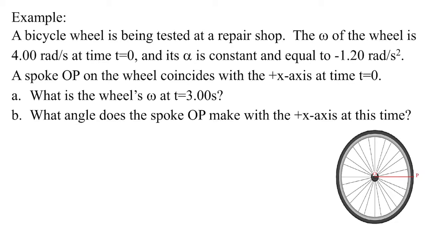A bicycle wheel is being tested at a repair shop. The omega, the angular velocity of the wheel, is 4 radians per second at time 0. And its angular acceleration is constant and equal to negative 1.2 radians per second squared. Okay, we got some good stuff here. A spoke OP, so that's from this point right here, O, here's P, so this spoke right there